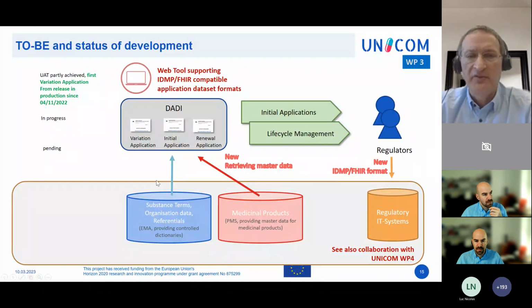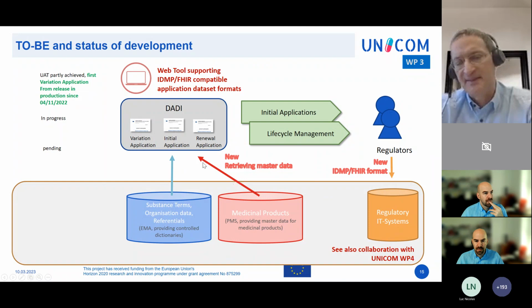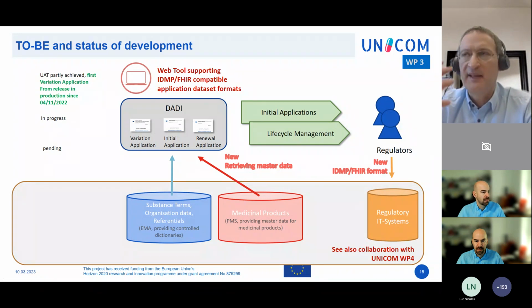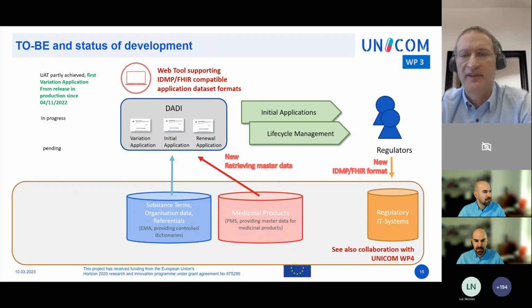The usage of the SPOR will be increased. And we will also utilize, and that's already an extension, we will also utilize to retrieve master data from SPOR PMS. As you might know, EMA is building up a central common repository for product data. And for example, applicants will be able to select reference products or other information for medicinal products that they need to include in their application forms. So this is new.